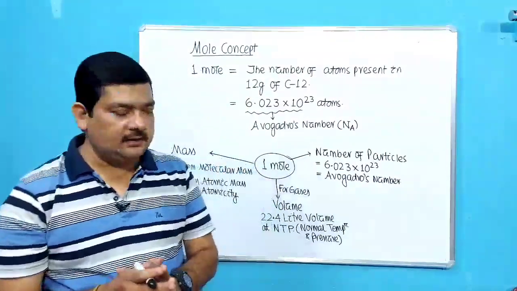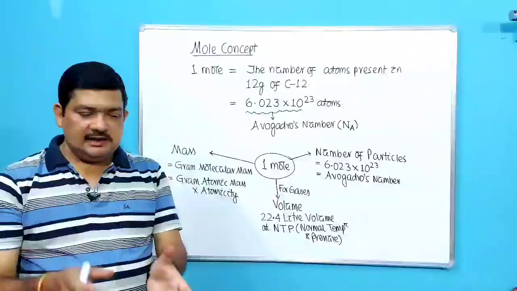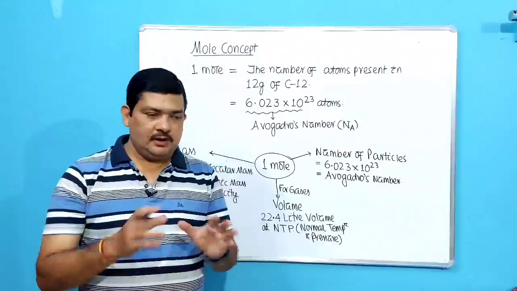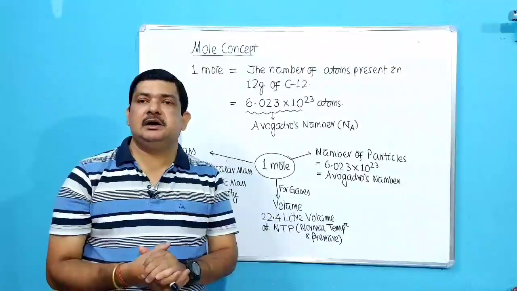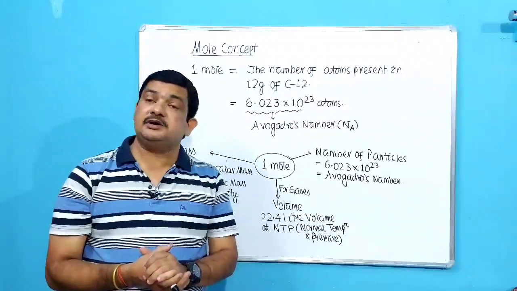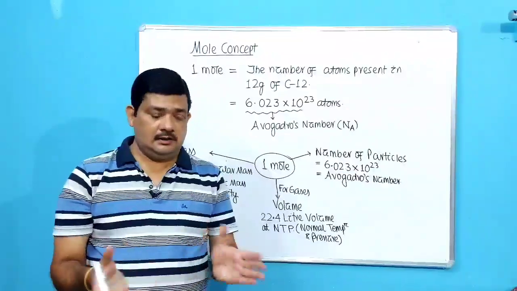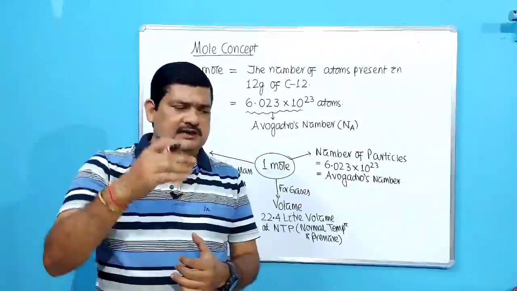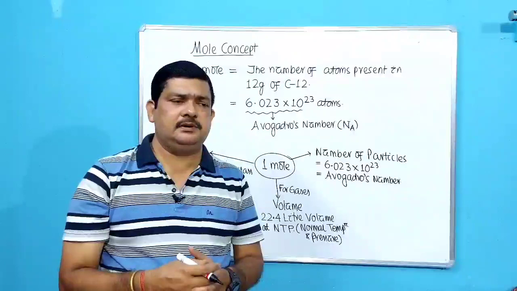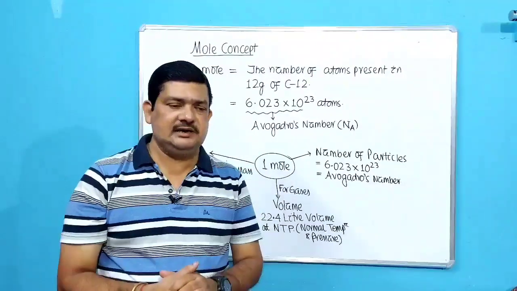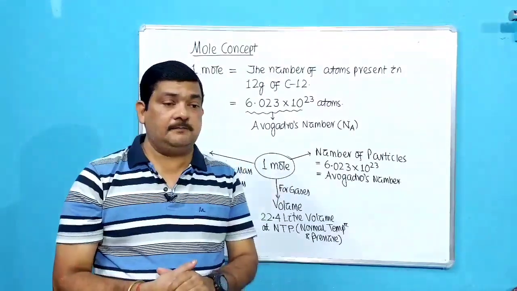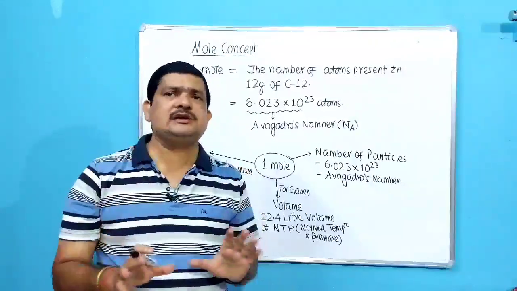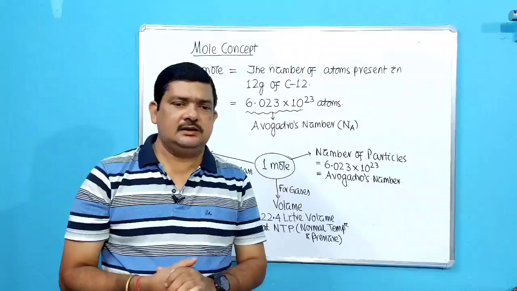You have to be acquainted with the mole concept, because it is used in many places. Recently, I wanted to purchase a portable oxygen cylinder. On the top, it is written that it contains 10 liter of oxygen. It is necessary for COVID patients. When I lifted it, I thought there was nothing inside, because there is 10 liter of oxygen inside. It should have some mass, but it was almost like an empty cylinder.